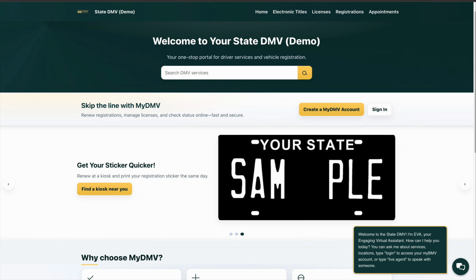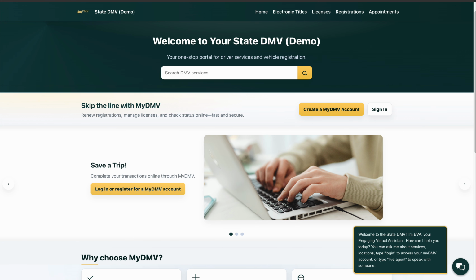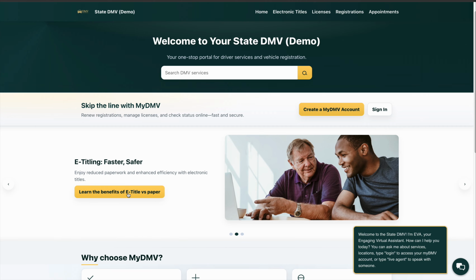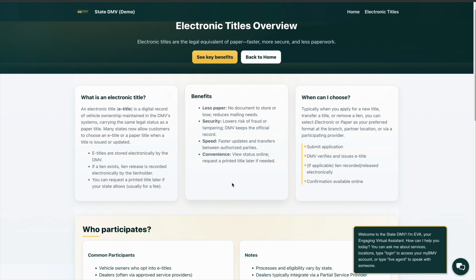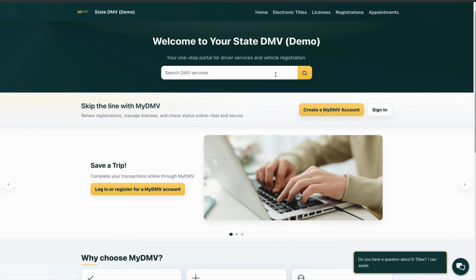So the first feature I'd like to highlight is called bot prompts. You'll see in that bottom corner, the default message is popping out. But if I was to switch over to this e-title page and refresh, if the user had landed here, they would see a different bot prompt about e-titles. And these prompts can be tailored for any page, proactively reaching out to the user to give them the most relevant help before they even have to ask. If I go back home,